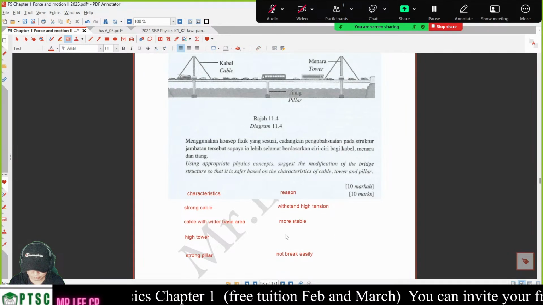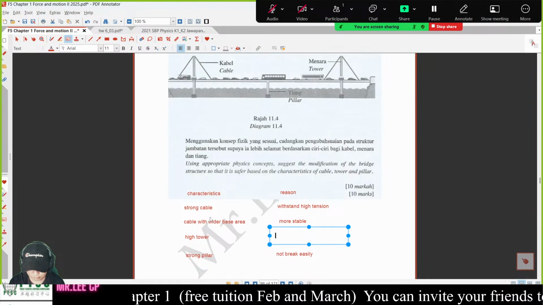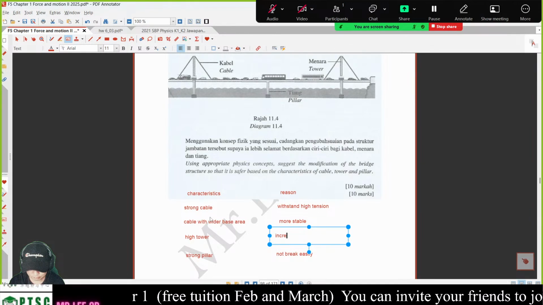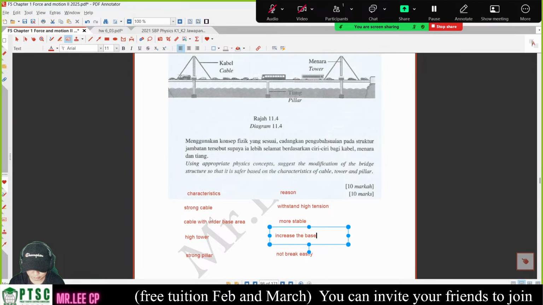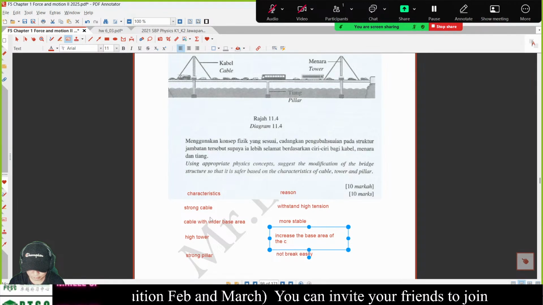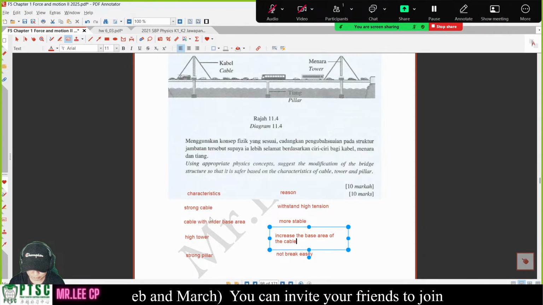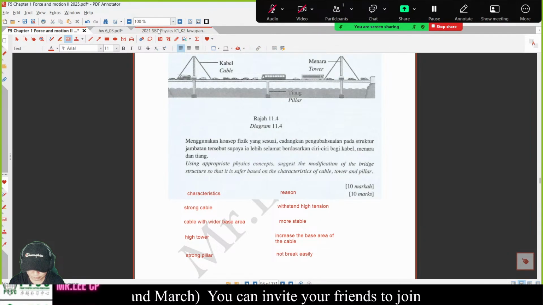High tower. So can increase the area of the cable. Increase the base area of the cable. Or you can increase the tension of the cable. Also can, I think. So I don't know what else. So we